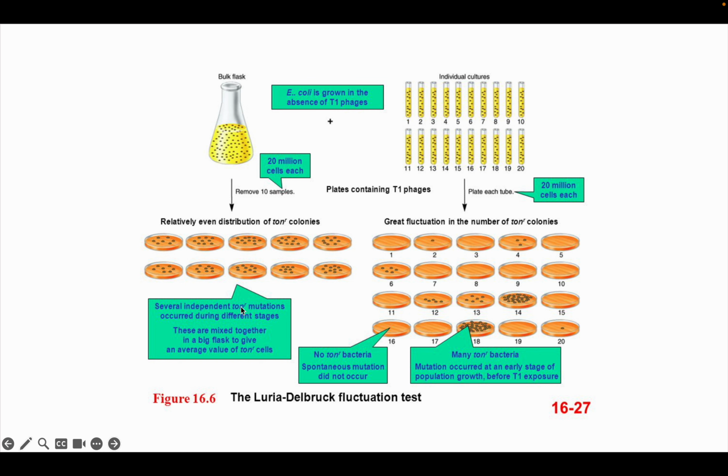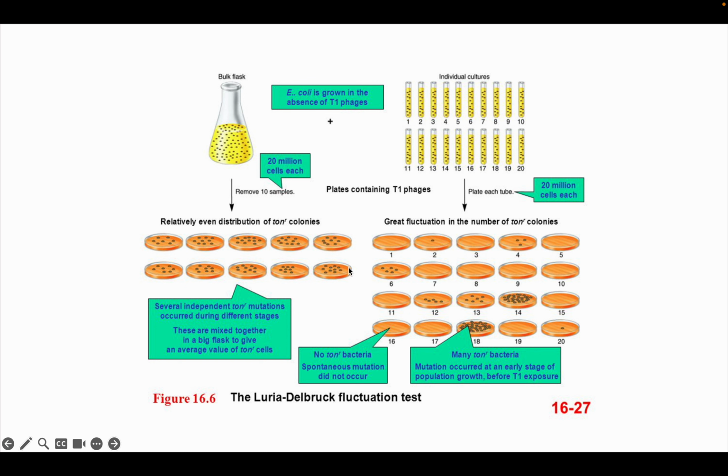So this TonR means, when the bacteriophage infects the E. coli, they bind to a particular receptor to infect the E. coli cells, which is called the TonB receptor. But when we make them mutant, like TonR, the bacteriophage cannot bind to the receptor, and now they cannot infect, and the E. coli will grow. So here you can see we have tons of mixture from different colonies, and when you plate them,